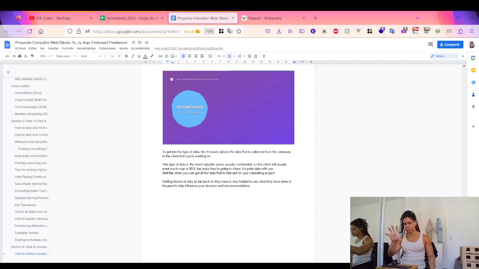Then you have the second party data. This comes from trusted sources. They might be behind a paywall, a method of restricted access to content with a purchase or a paid subscription.